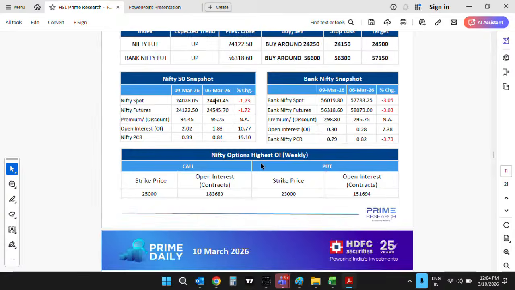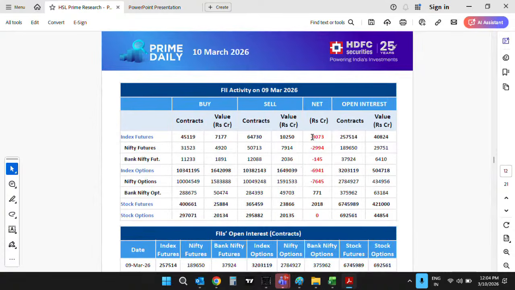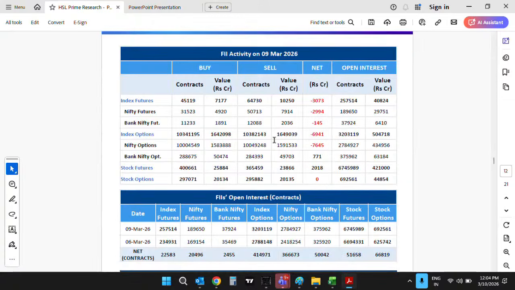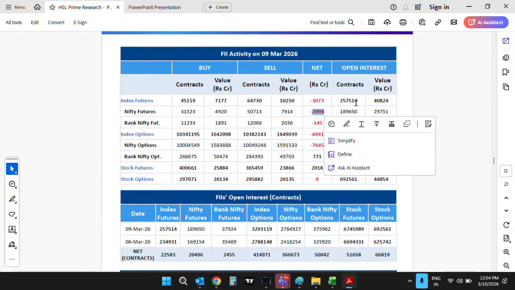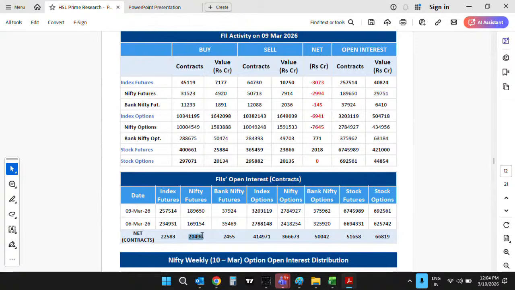Coming to FII data, FIIs continue to remain sellers. Yesterday, FIIs created fresh shorts worth rupees 3,073 crore. And if you see the breakup, almost 3,000 crore short was in Nifty, with their open interest moving up by 20,000 contracts. So FIIs were aggressively short in cash also. They net sold worth rupees 6,000 crores. Even if I look at the data of the entire March series till now, FIIs are net short 14,000 crore in index futures. So they remained net sellers.